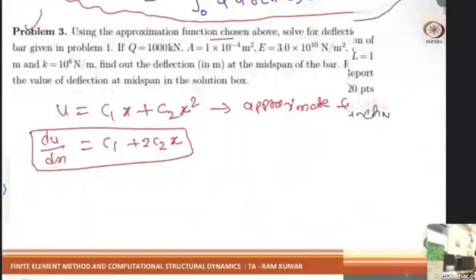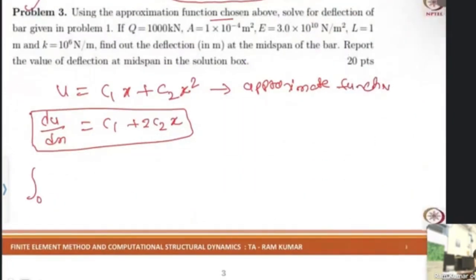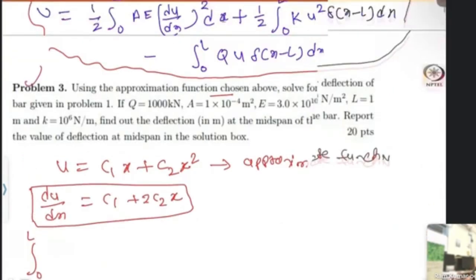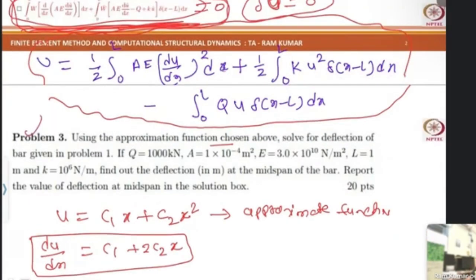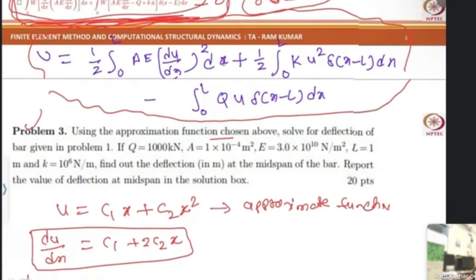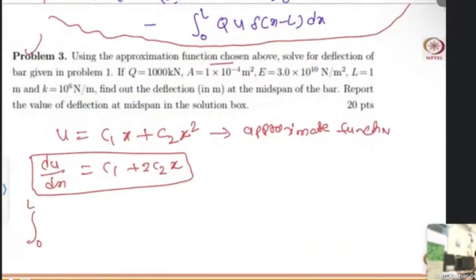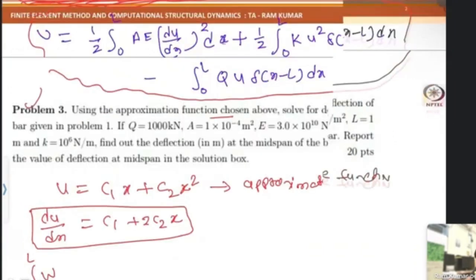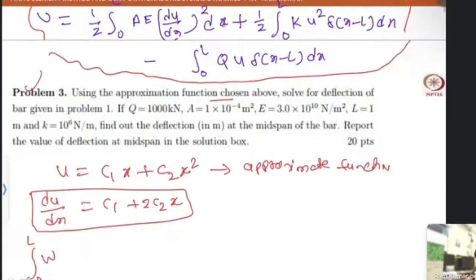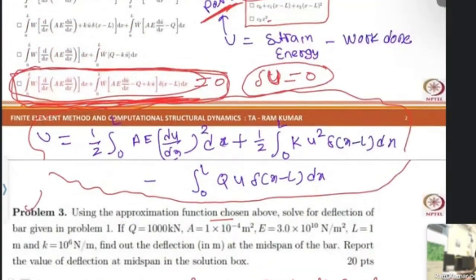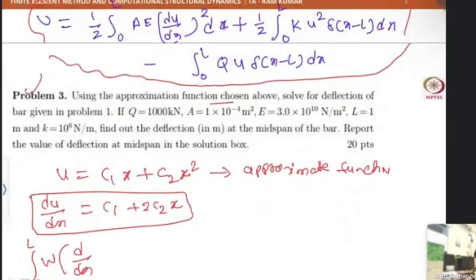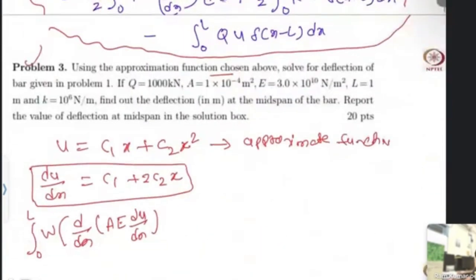So 0 to L, d by dx, ae du by dx, 0 to L, w d by dx, then ae du by dx, then dx